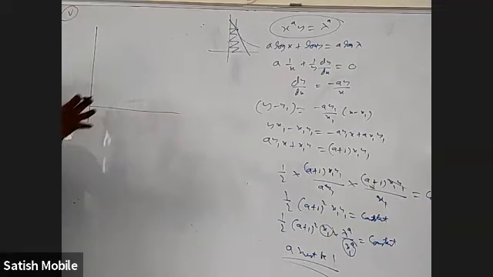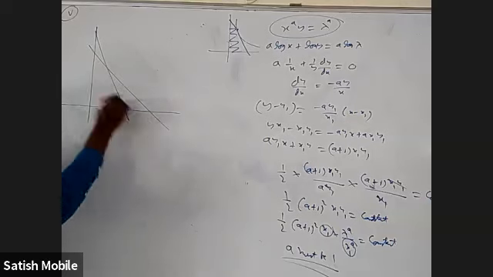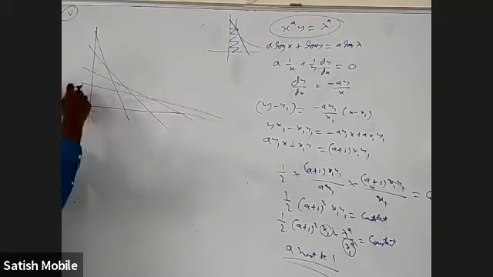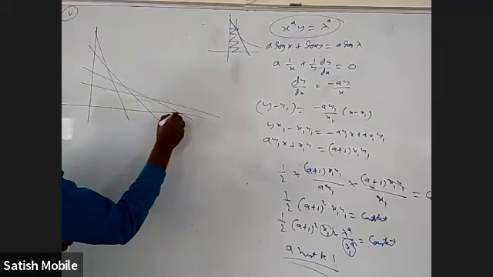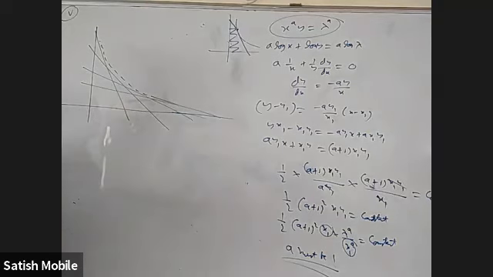Okay. Let us say I want that area to be 20 units. So there are a lot of lines where you take that line and the x-axis and y-axis, and the area of the triangle is 20 units. There is one nice curve touching all of them. I want to know what that curve is. Basically, that is the question. It's like an envelope, we call it in math language.